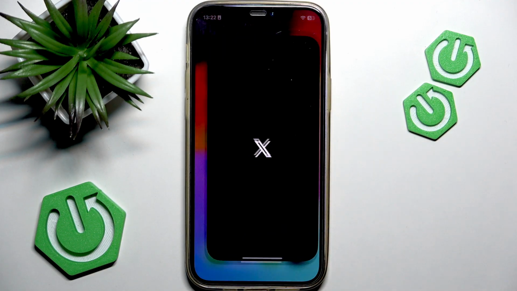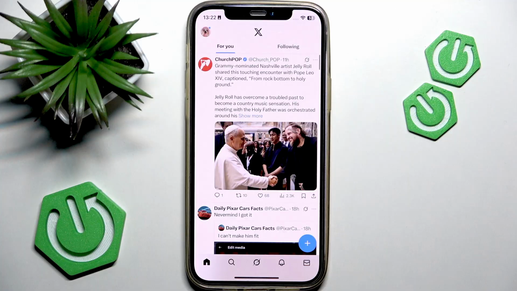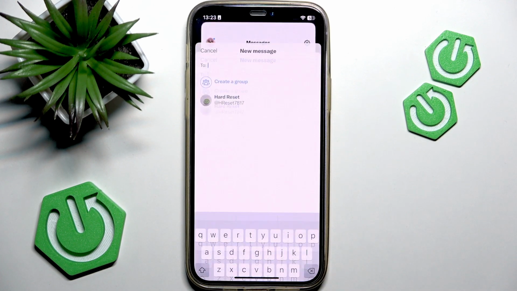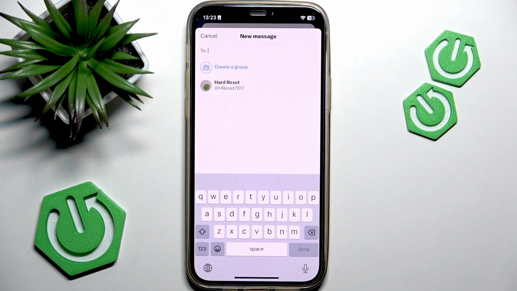Okay, so let's open X on my phone, and in the bottom right corner of my screen I tap this letter icon that looks like this. That's your messages section. Now you have to tap new message button or a plus sign button and search for